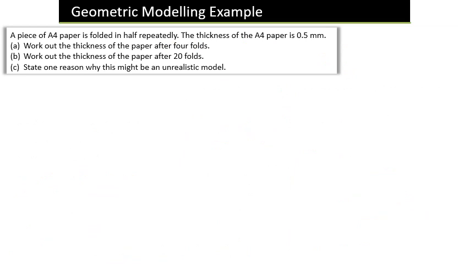Okay, so different example then. This time we've got a piece of A4 paper, it's folded in half repeatedly, and the thickness is 0.5 millimeters. So work out the thickness of the paper after 4 folds. So let's just think about this. It's initially 0.5. After 1 fold, it will be 1. After 2 folds, it will be 2, and so on. We want to find the thickness of the paper after 4 folds, so this is going to be modelled by